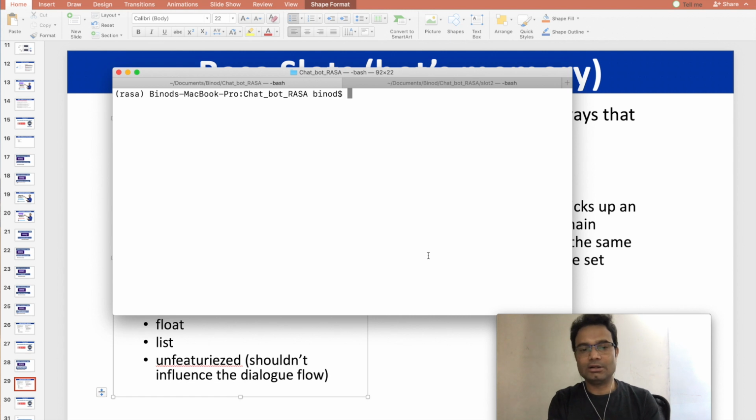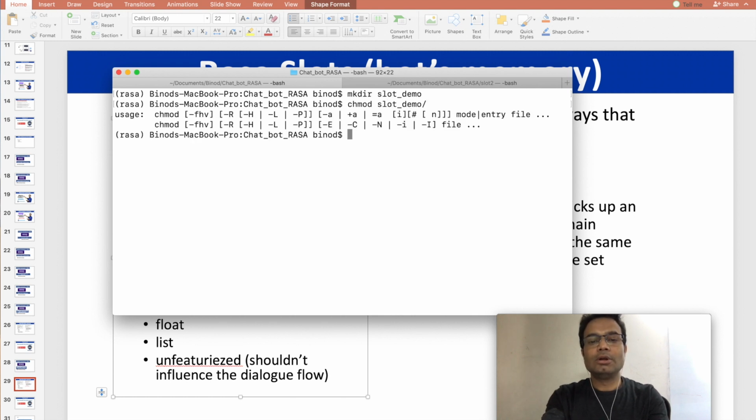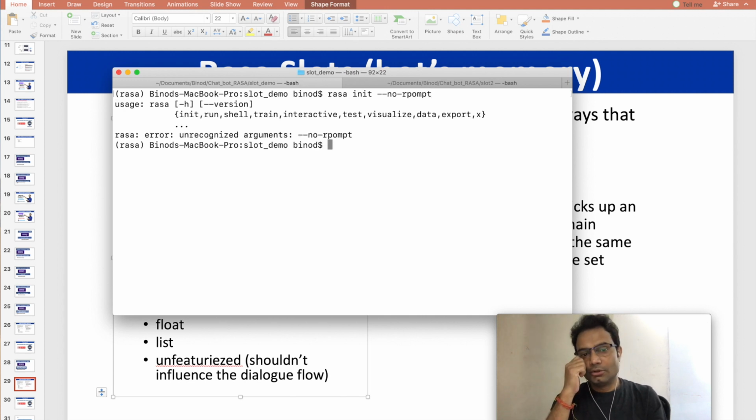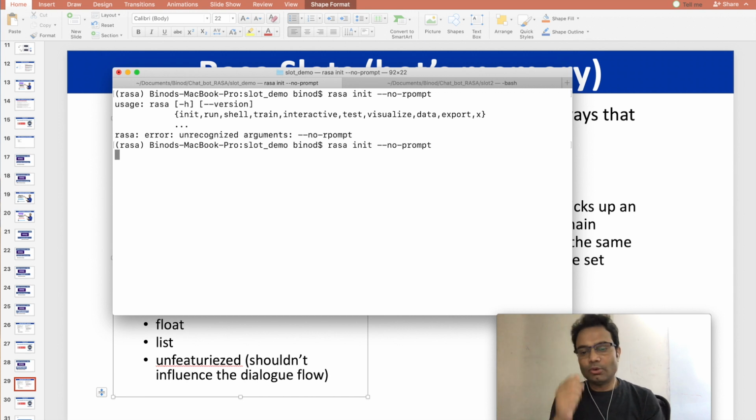I am making this code from the start. So make one directory, anything, slot demo, okay, and then cd into slot demo, and here do rasa init --no-prompt. So this is my 7th video on Rasa, and if you want to know more about what a chatbot is and what Rasa is, and how to set up the environment for Rasa, I would recommend